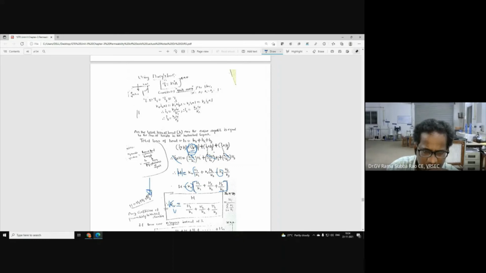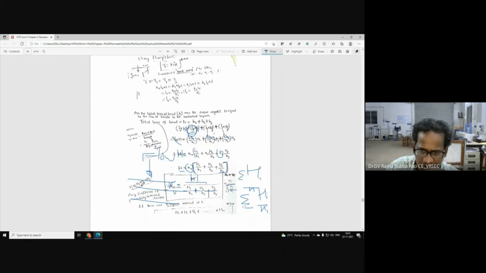Now the flow is not parallel to the plane of stratification. Now the flow is perpendicular to the planes of stratification. So as you know, planes of stratification are horizontal. So now I can write KV is equal to H by H1 by K1 plus H2 by K2 plus H3 by K3. Otherwise, in a classical way, we can write H by sigma HI by KI, i from 1 to N. For N layers, I can write HI by KI, if you want to extend the formula.